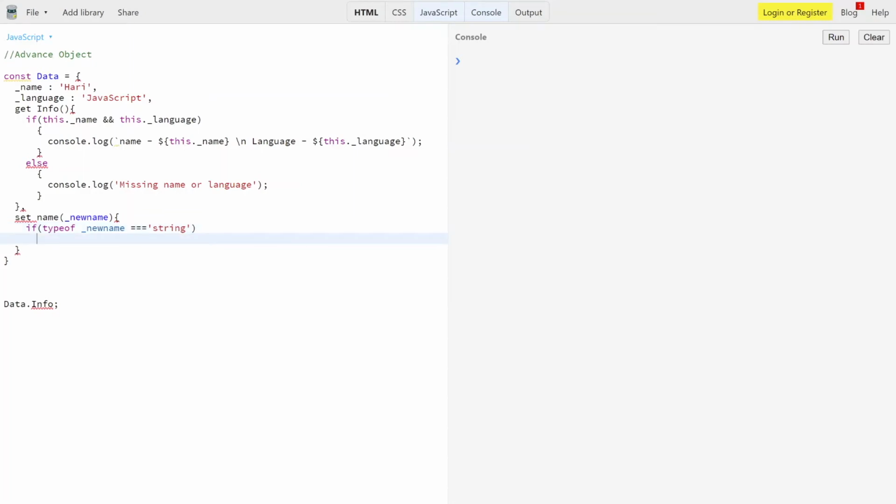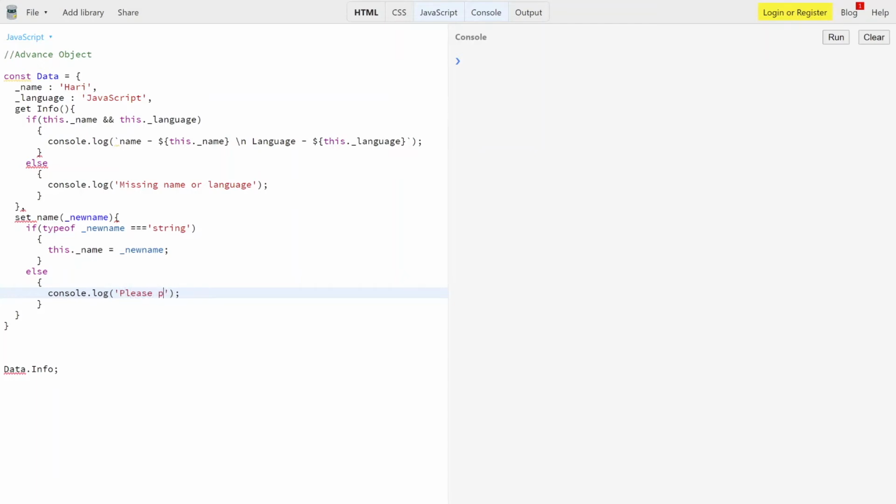Okay, let me show you with a very quick example. And in the if block over here, it's because the IDE is not updated, I'm using that online. So we have this dot underscore name equal to underscore new name over here, and then in the else condition we have something like console.log,